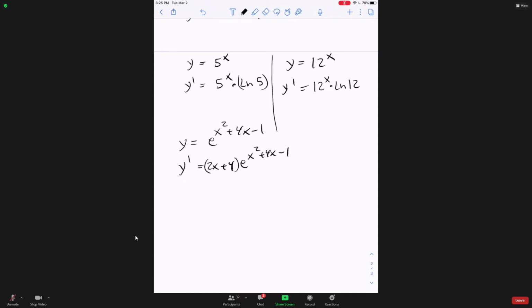Did I cover this part? I did, right? But I said, then don't worry about it. It comes from this. If you have y equals e to the u, where u could be anything, like, in this case, it was x squared plus 4x minus 1, the derivative is itself times u prime. And in this last example, I put u prime on the left, but